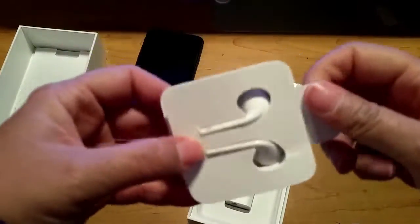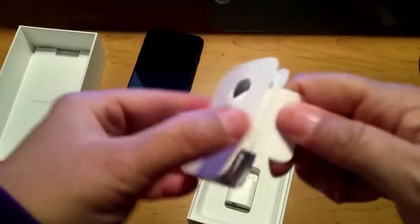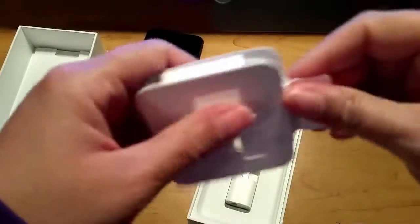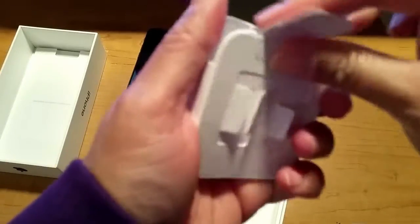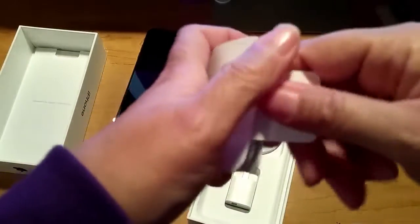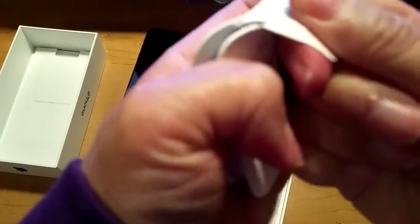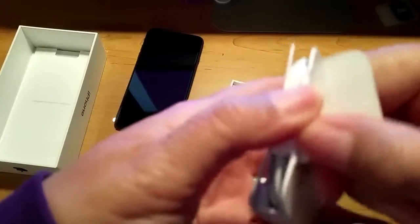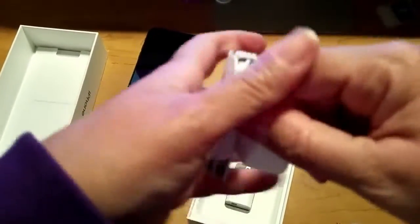Okay, I give up. I'm gonna have to totally tear this thing apart. I don't know how people are opening this without totally ripping it all apart. But the only thing I can see is this tab here. I'm gonna try and pull it and see if that does anything. It almost feels like there's adhesive or glue with this tab, and I don't know if that's going to do anything. Hopefully these don't go flying. I'm sorry, nice cardboard enclosure, but oh my god, you can't even...